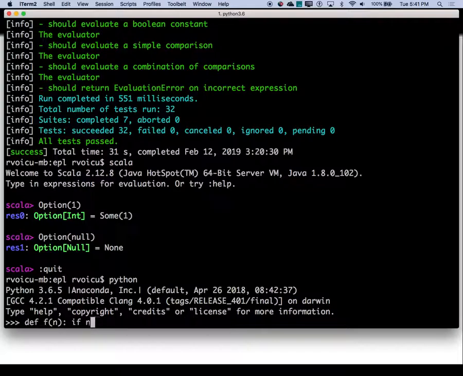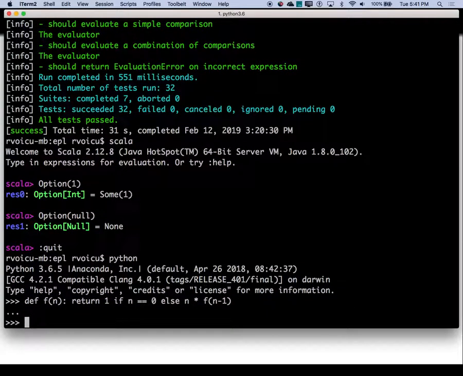No, I'm going to write it differently. So I'm going to say return 1 if n equals 0, else n times f of n minus 1, right? So this would be a very simple factorial, and just to reassure you that